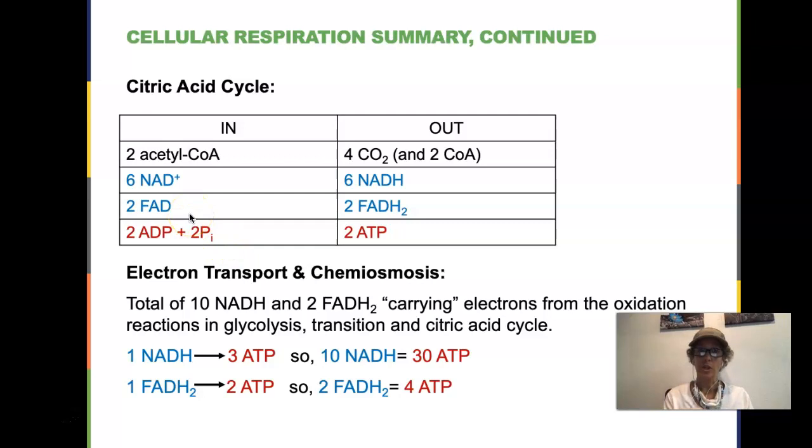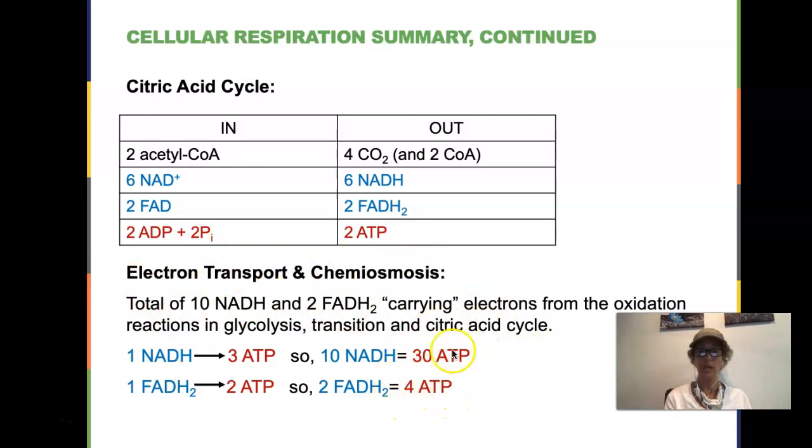If we go back to the start at glycolysis and count up the number of coenzymes that get reduced, we get 10 NADH and 2 FADH2 from the glycolysis, transition, and citric acid cycle. During the release or removal of those hydrogens in electron transport and the pumping of the protons in chemiosmosis, 1 NADH will yield enough energy to get us 3 ATP, and 1 FADH2 creates enough of a gradient to give us 2 ATP. 10 NADH will give us 30 ATP. 2 FADH2 will give us 4. So just electron transport and chemiosmosis gives us